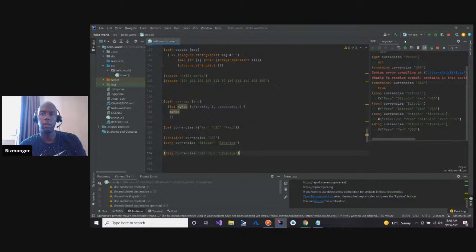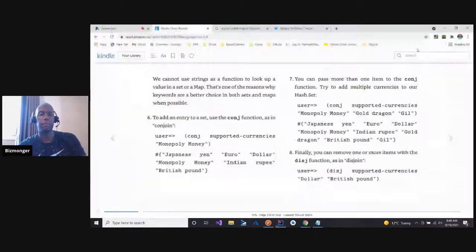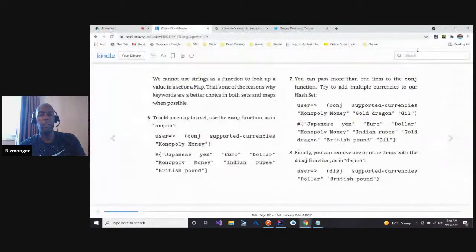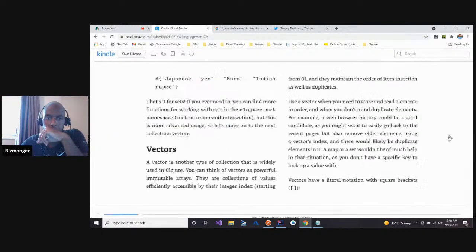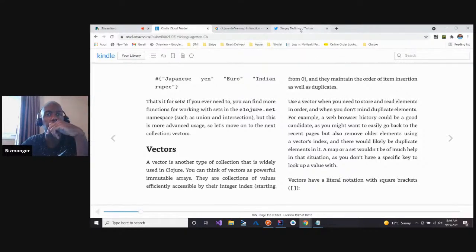Yep. Okay. Take two. Yep. All right. So we discussed that, and that's it for sets. If you ever need to, you can find more functions for working with sets in Clojure. But this is more advanced usage, so let's move on to vectors.